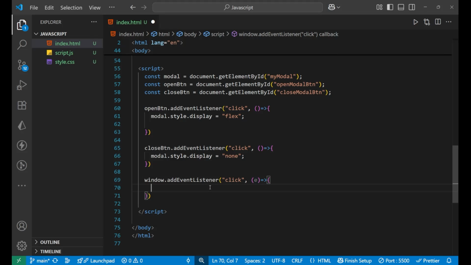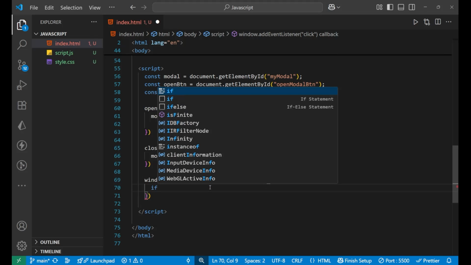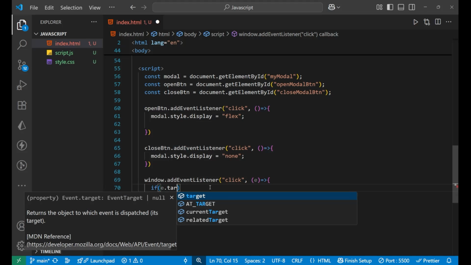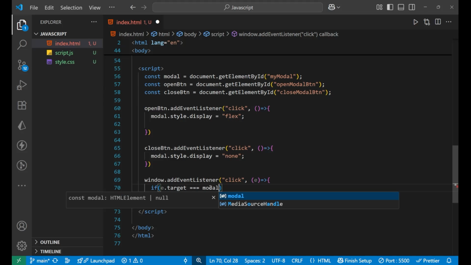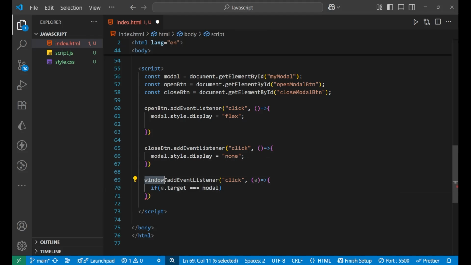We will capture that if e dot target equals to modal, the modal div. Since we are targeting the whole window, the particular position at which you clicked is stored inside this e, and if e dot target is equal to modal, that is the modal div which is in the center, in that particular case,